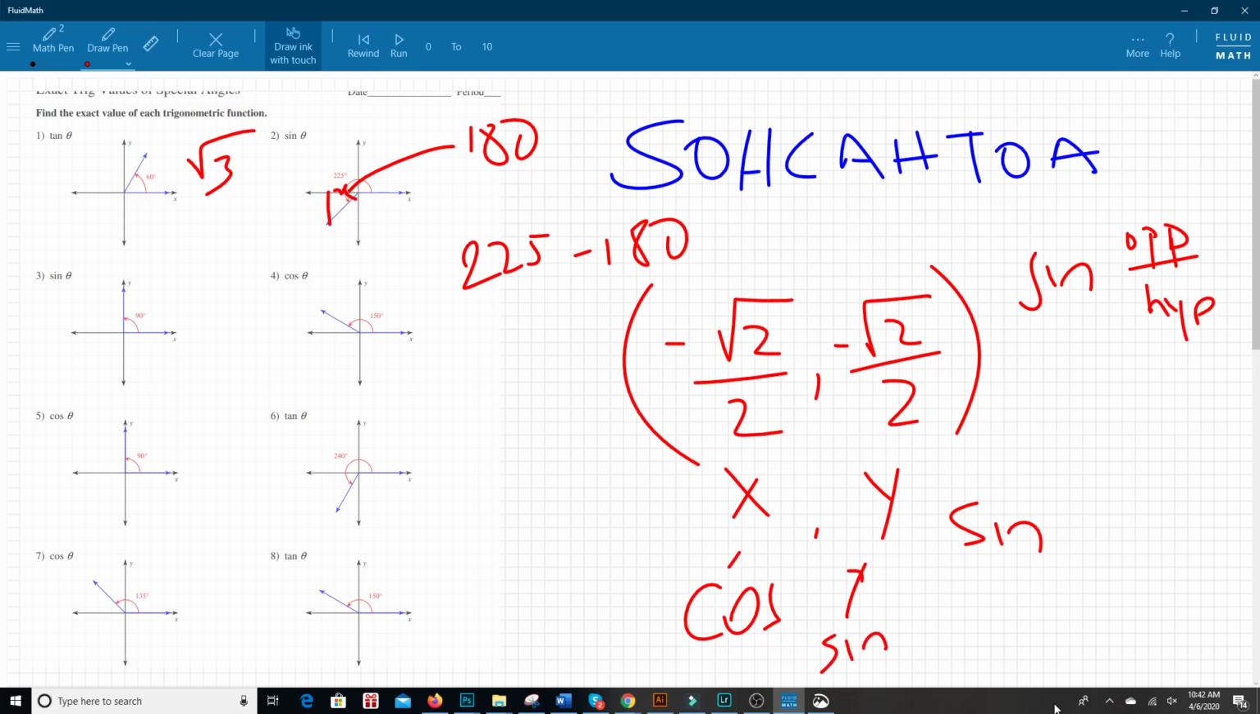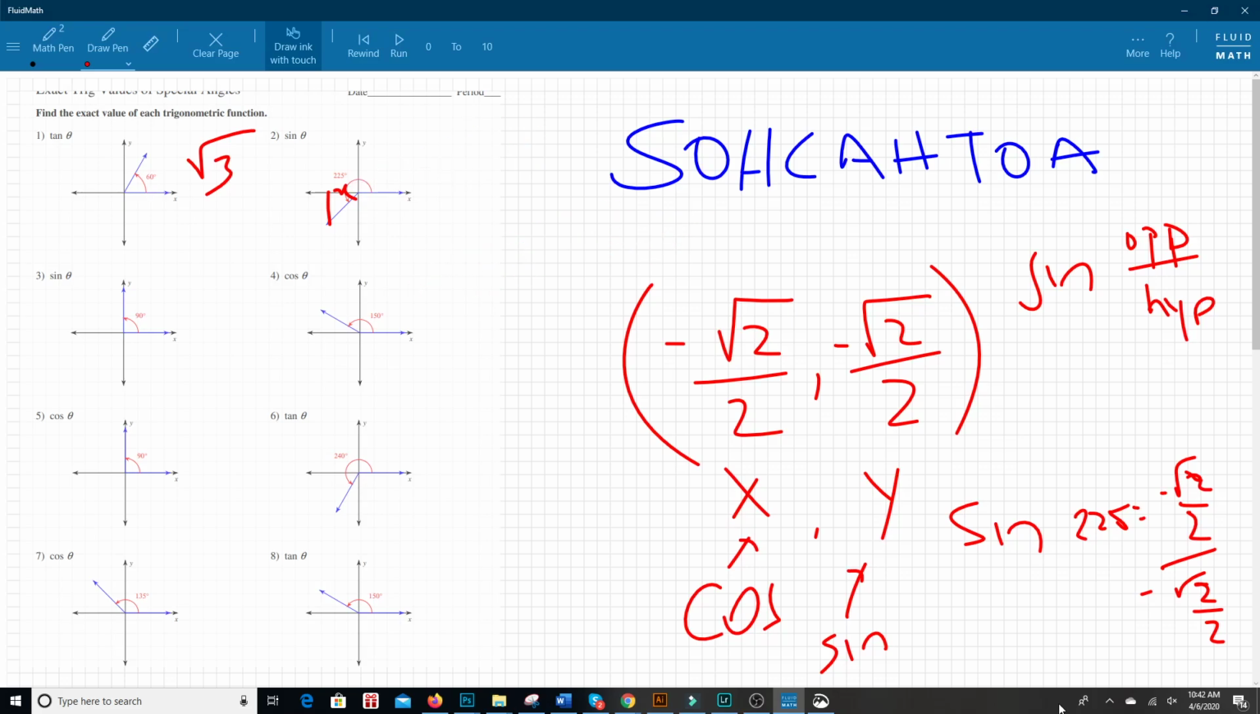So it's going to be sine of 225 is going to be equal to negative radical 2 over 2 and negative radical 2 over 2. And 2 over 2, right? So then once I run this, with this part right here and with that part right here, it's going to be